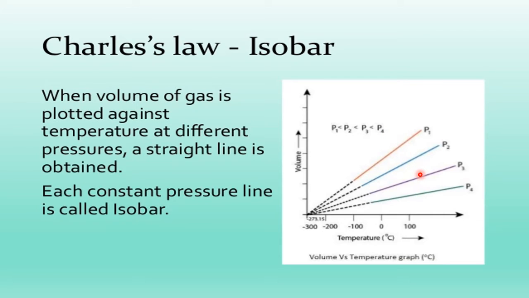But the interesting point is what? This is the graph between volume and temperature starting from 0. This is the origin. When you extrapolate all the 4 graphs, using the scale, they will meet at a common point. That is the important point of this Charles law. Where they are meeting, all the 4 are meeting on the temperature axis at minus 273.15 degrees centigrade.